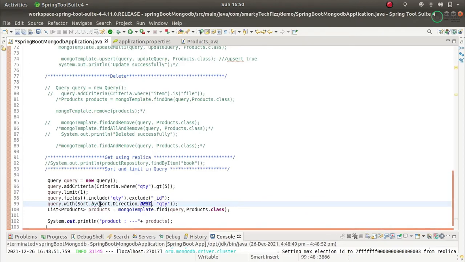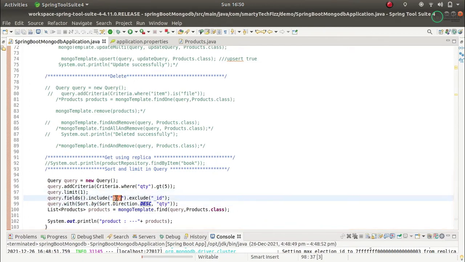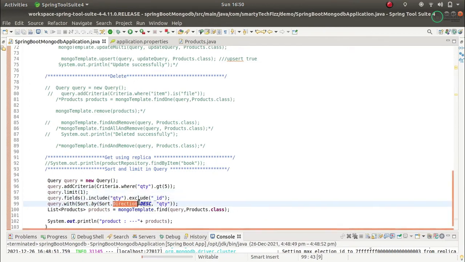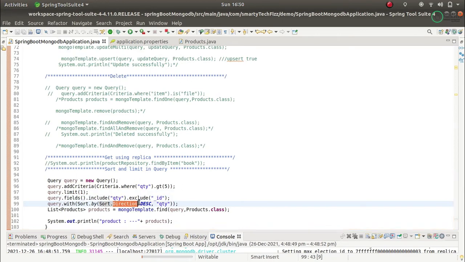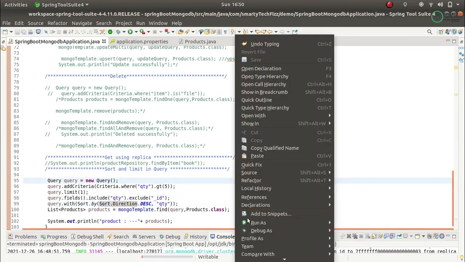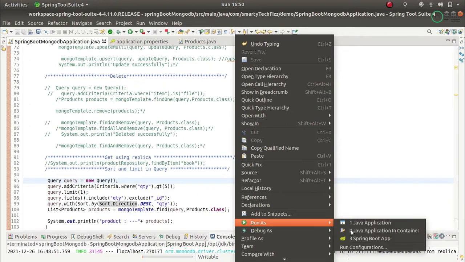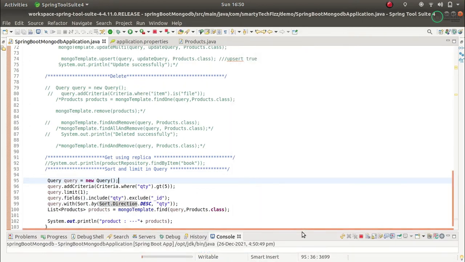I want to sort the document in descending order on the field of quantity. So this is what I want to do: I want to make a limit on the result, project the field, and sort the result. Now let me run this code, this is the Spring Boot Mongo app.